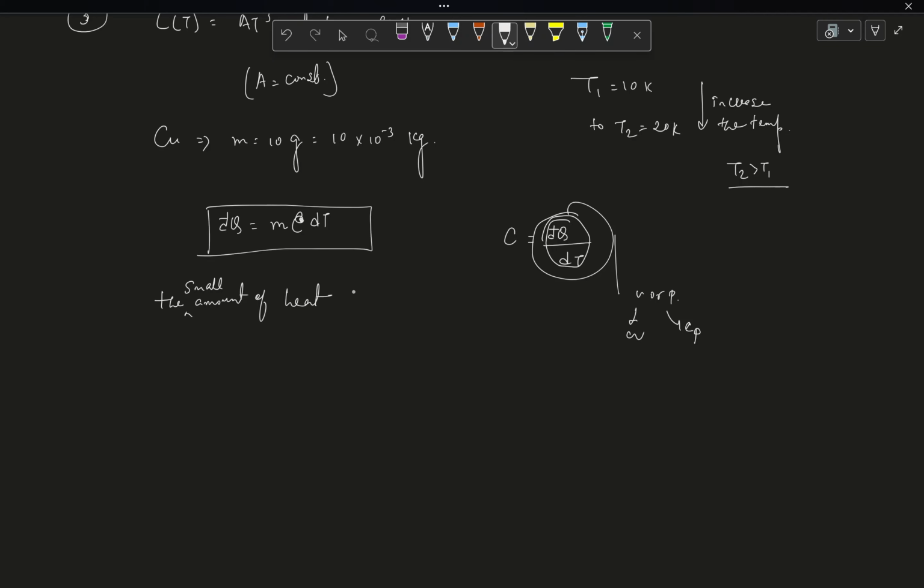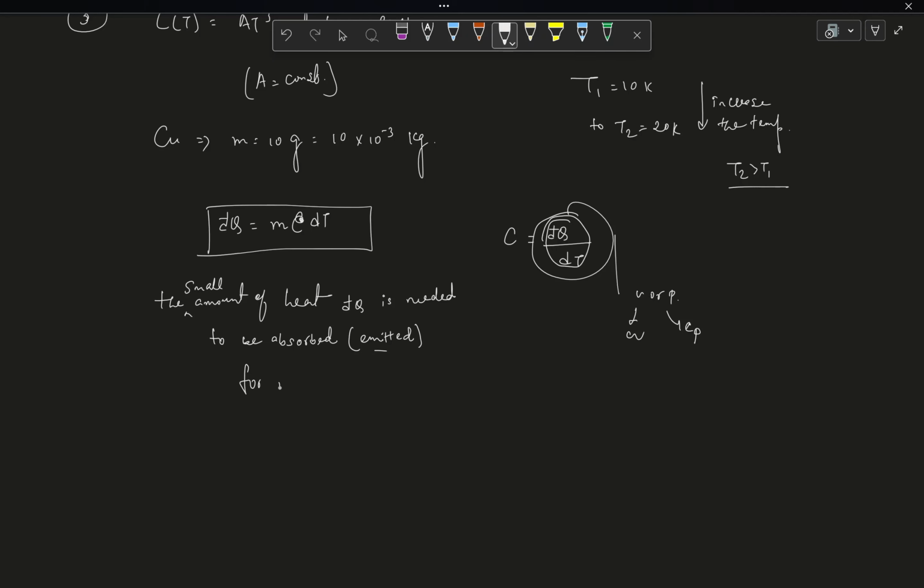So dq is nothing but a small amount of heat. dq is needed to be absorbed or sometimes emitted also, depending on whether you are trying to increase the temperature or decrease the temperature. So I am writing the other option in bracket. So either absorbed or emitted